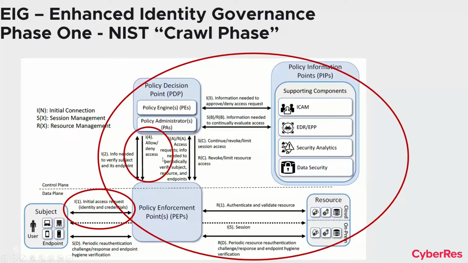And that's kind of black and white, because we may give them access. We may decide to continue that access or not. We may decide to revoke it. We may decide to limit their session access. We may limit the kind of data they get to. We may say, wait a minute, you started out just doing your normal user activities, but now you have a request to get into sensitive data. So now I'm going to step up my level of authentication. I might need another factor, or I might need biometrics, to actually let you in there. And our ability to continually analyze and reevaluate is just critical to a good zero trust implementation.